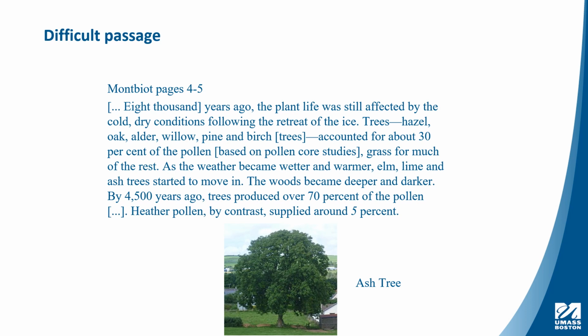Trees, hazel, oak, alder, willow, pine, and birch, accounted for about 30% of the pollen based on pollen core studies, and grass for much of the rest. As the weather became wetter and colder, elm, lime, and ash trees started to move in. The woods became deeper and darker. By 4,500 years ago, trees produced over 70% of the pollen. Heather pollen, by contrast, supplied around